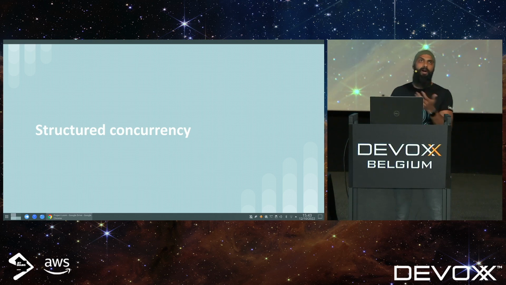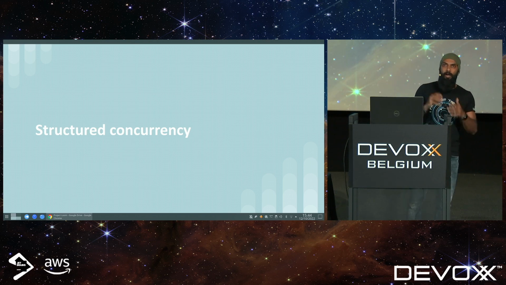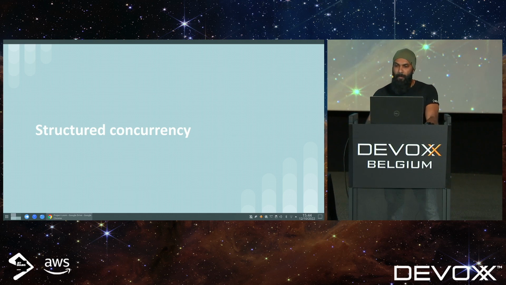So this helps to avoid the issues that we spoke about earlier. It helps to avoid thread leaking and cancellation delays, because normally when you use the existing executors to split tasks, the biggest issues are thread leaking and cancellation delays. We'll see some examples of that.